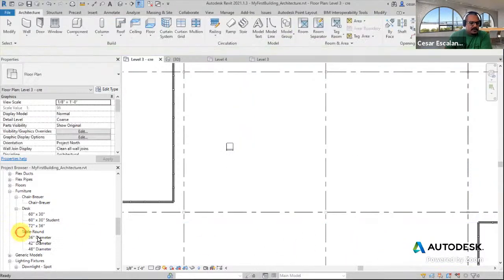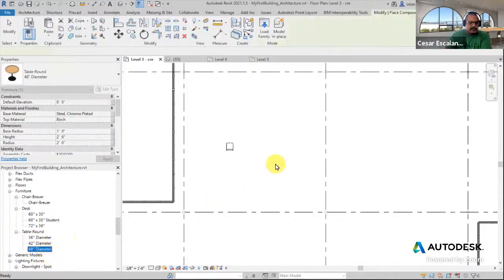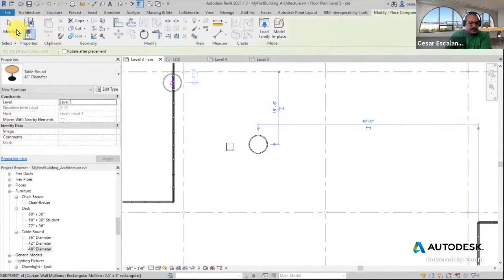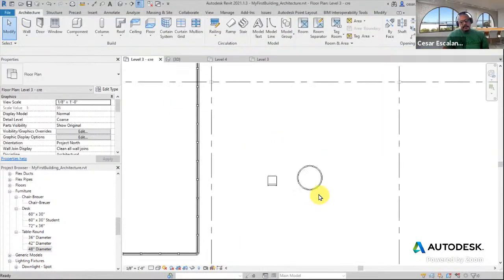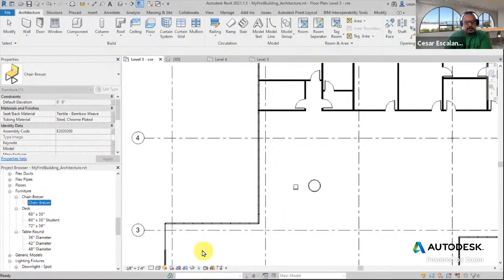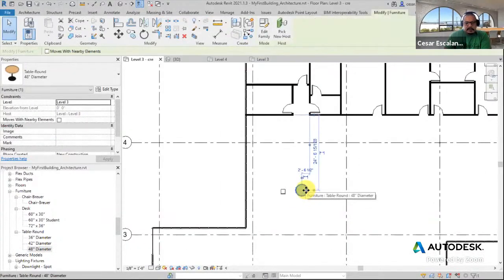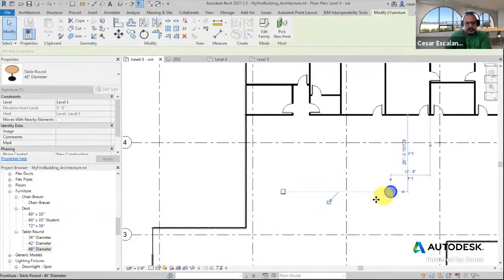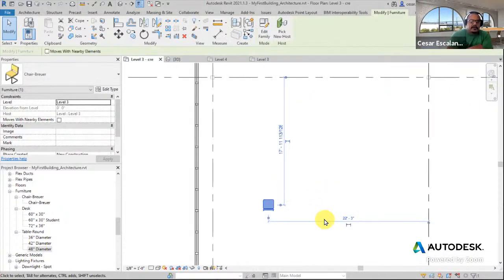So place a component and just place one here. And then if we want to do the Table-Round, let's pick the 48 diameter. You can just drag it and drop it. Then escape. I have one family of each, the Chair-Breuer and the Table-Round 48-inch diameter. I'm going to move this table a little bit here on the right, and let's explore the process of creating